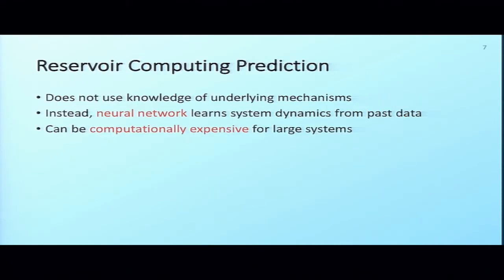So the other way that people have thought about trying to predict these kind of systems is through a technique called reservoir computing. So this is a non-model-based technique that is only going to use the data that we've taken from our either real life or true simulation. So what we want to do is train a recurrent neural network to understand the dynamics of the system and predict later in time.